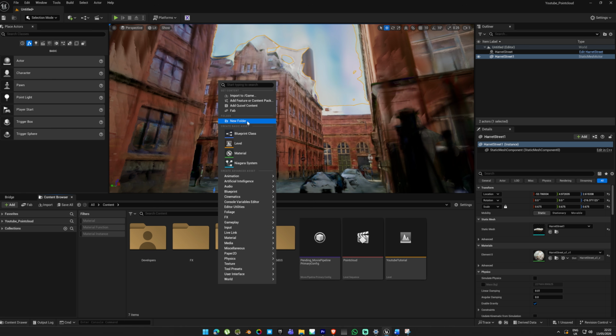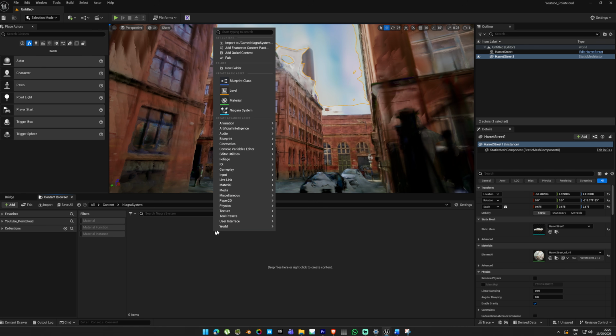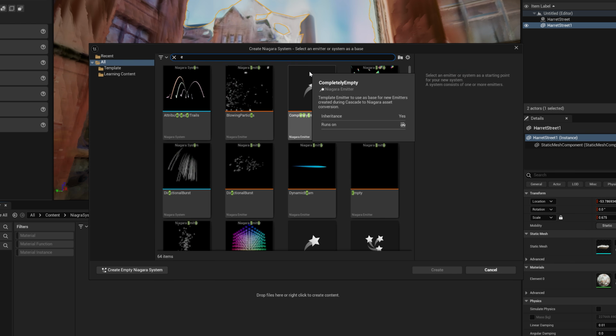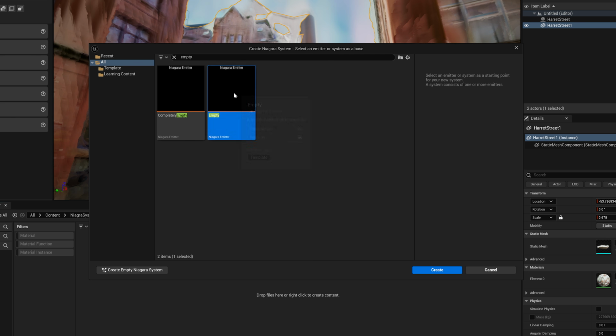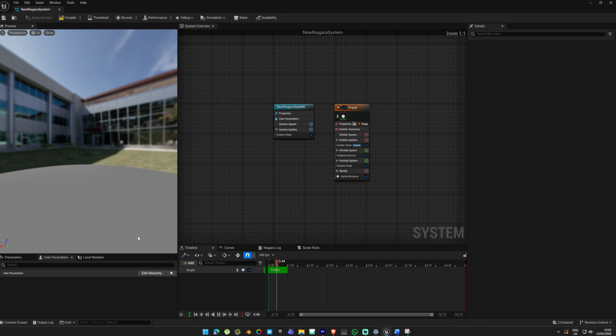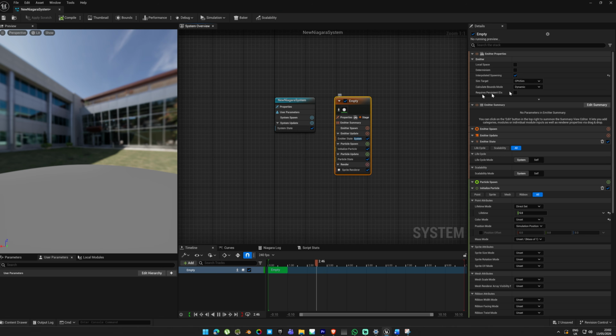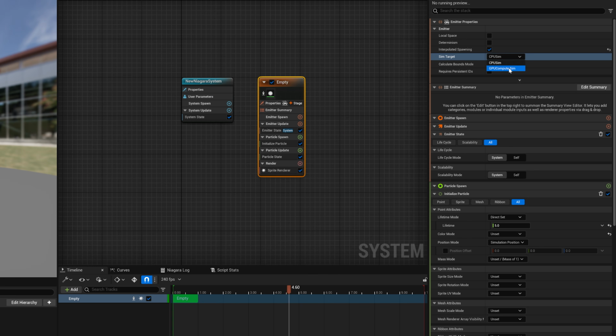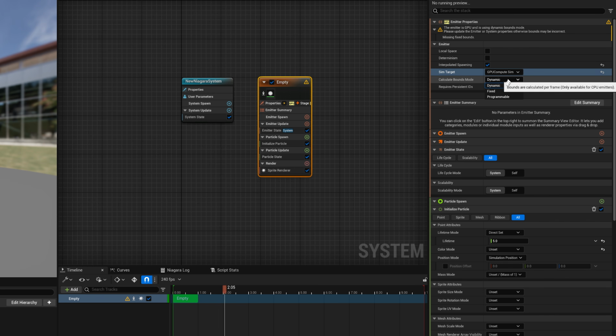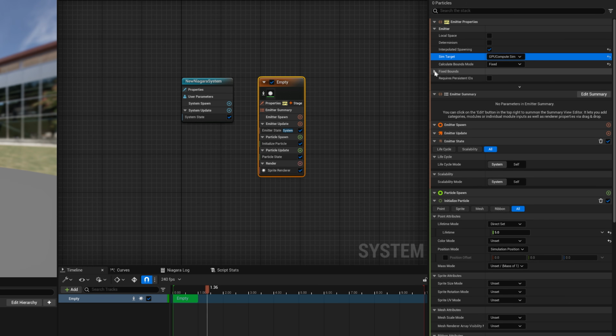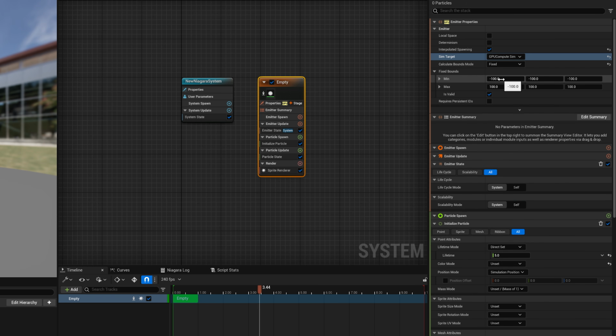Create a folder and call it Niagara. Right click inside, create a Niagara System, and choose Empty to start with. Now that the Niagara System has been created, it's time to adjust a few settings. Click on the empty emitter and make sure this is set to GPU Compute Sim. Underneath that, make sure that the Calculate Bounds mode is set to Fixed, and very important, underneath Fixed Bounds, set